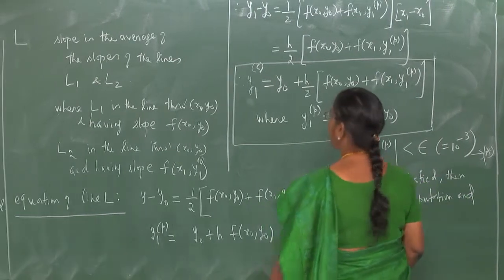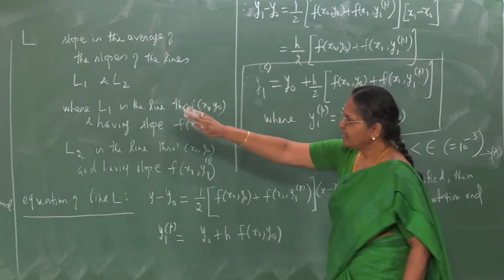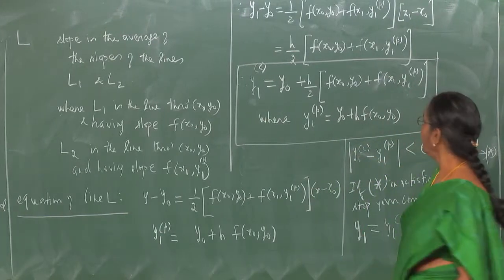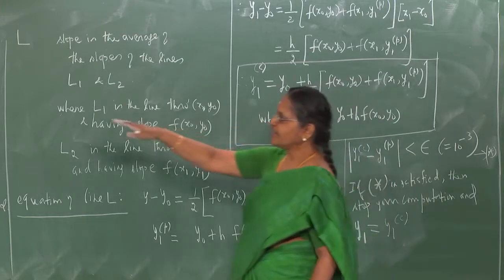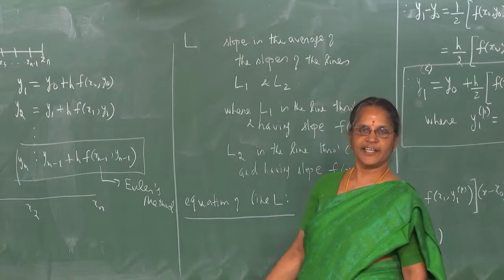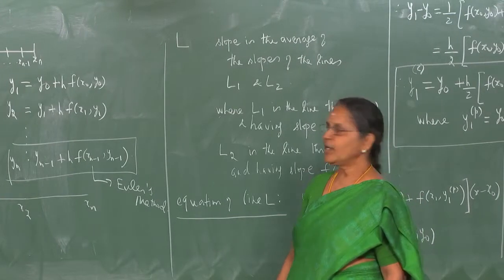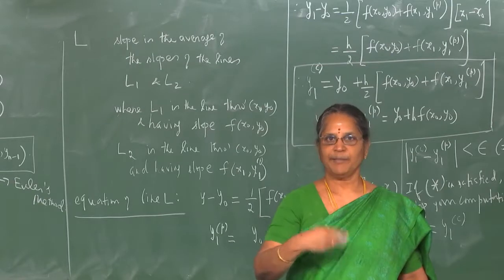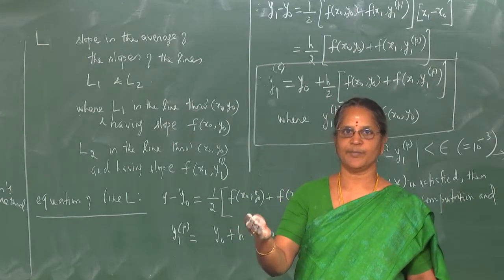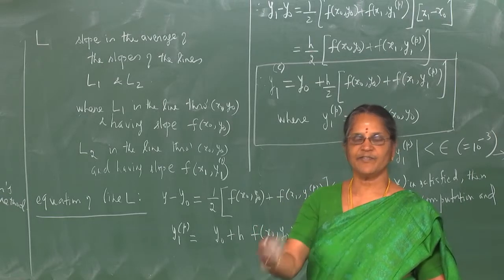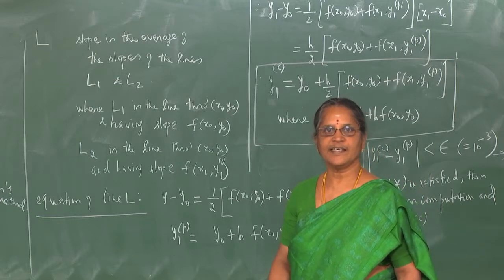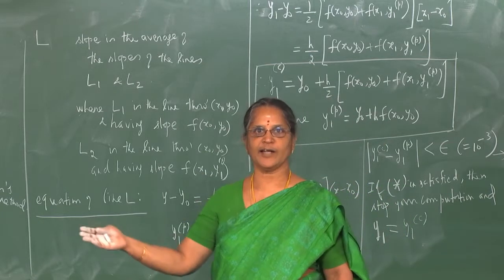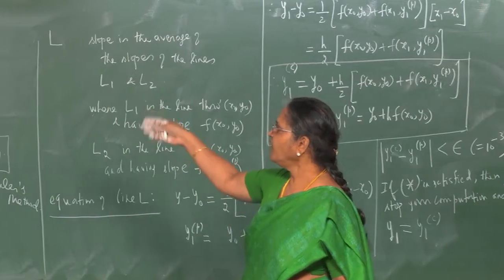Namely, I am able to predict the value of y1, which is the ordinate at x1, and I have scope for correcting it. Not only correcting it once, but I can make successive recorrections till the desired degree of accuracy is obtained. So, I can treat modified Euler's method as a predictor corrector method. We can predict the solution at a particular point and correct it successively till the desired degree of accuracy is attained. We will develop some more predictor corrector methods later on, but we started with a modification in Euler's method,